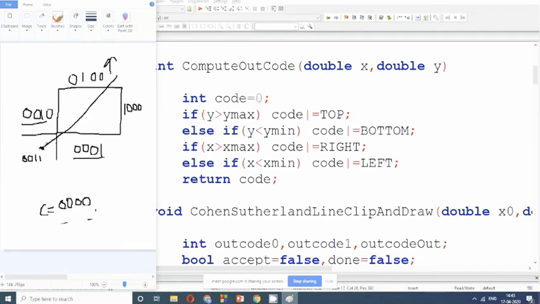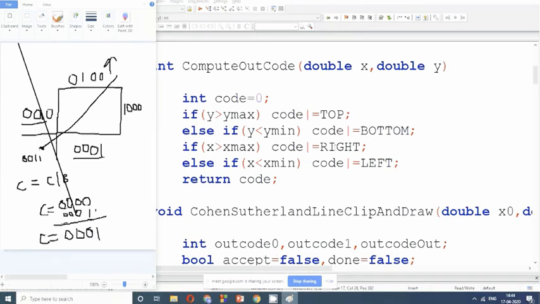Now we will see if this y is greater than y max. If y is greater than y max, this point was supposed to be in top region. Since it is not, we will ignore this. Now we will come and see if it is in bottom region. Since it is in bottom region, I OR code with bottom. So meaning to say, I assign C is equal to C OR bottom. So bottom region is 0, 0, 0, 1. Now the result of this, 0, 0, 0, 1, is assigned to C.